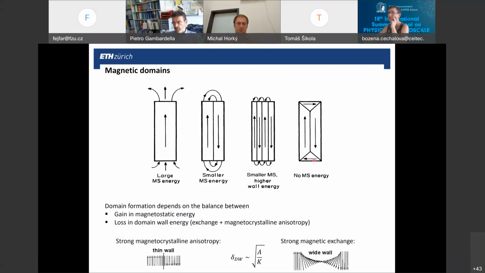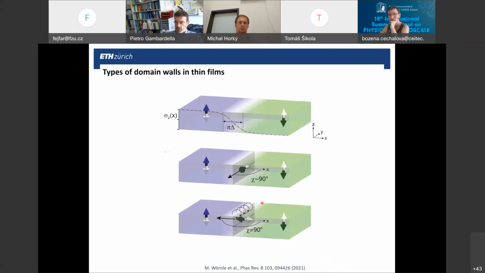However, by forming domains, we have to form domain walls, and there is an energy cost due to exchange and magnetocrystalline anisotropy, which then balances the gain in magnetostatic energy. And that explains why,